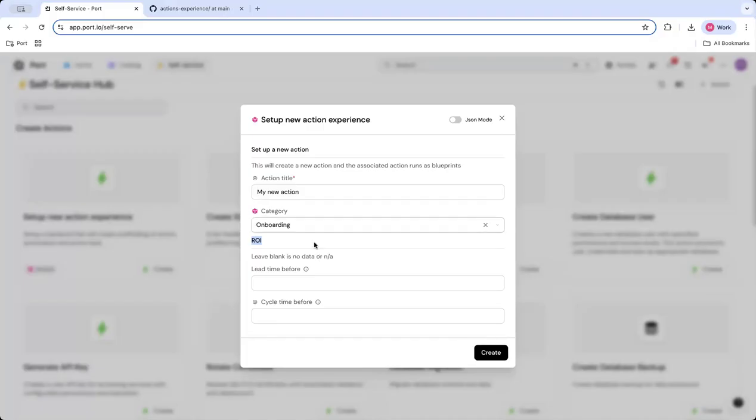And normally at that stage, when you have decided to implement an action, you should have an idea of how long it was taking before for the average action to be acted on, and how much time it was taking before for the actual team to implement the action. So that's why here we have two fields. One field being the lead time before, and that would be, for example,